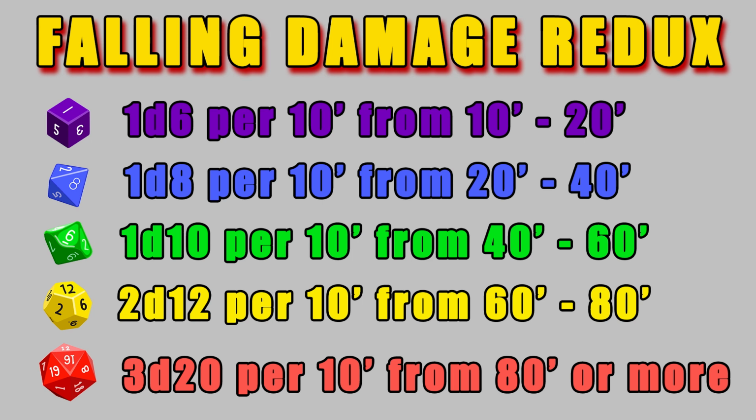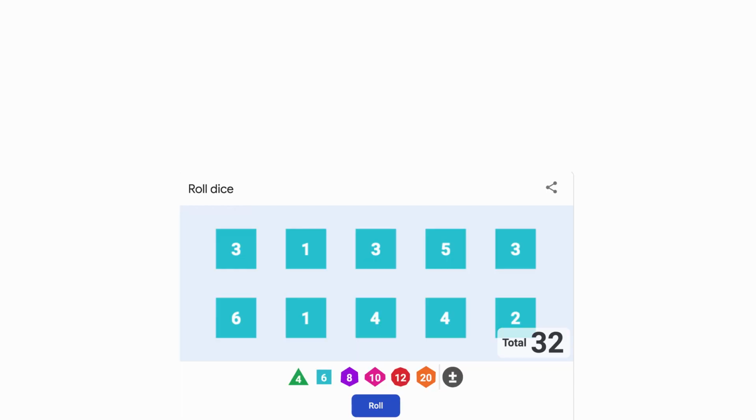Let's say that a person is going to fall 100 feet. Now what I'm going to show you is what D&D's current system would do. And I did this on a dice roller, it's randomized, but I'm showing you a few samples here of what would happen if you fell 100 feet. So that's 10 of the D6s. And you could see that on average, those numbers are pretty close. And that would certainly be enough falling damage if you were to fall 100 feet to kill an